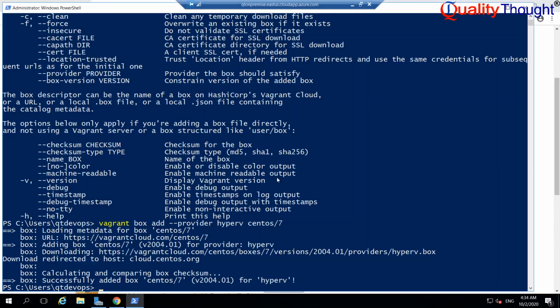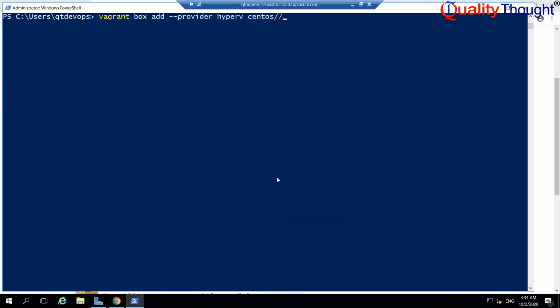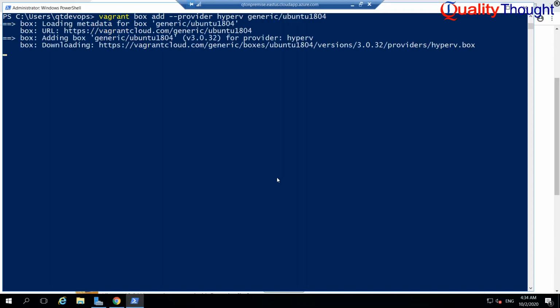Now vagrant box add --provider hyperv, and the name is generic/ubuntu1804. Let us wait for this box to be added.